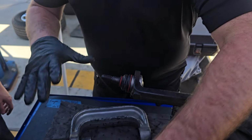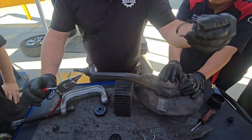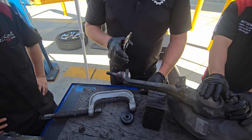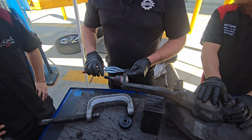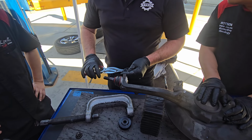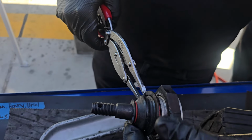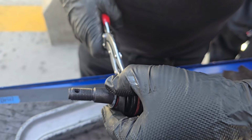Now the ball joint's pressed, but we're not done, because remember, this is where we got to put the new snap ring, right? The concept will be the same. Sometimes the joint's on the knuckle, sometimes the ball joint's on the control arm or whatever. So this isn't a how to do all ball joints, but this is like an example of how to do a ball joint. So I'm going to spread this and kind of walk it on there,